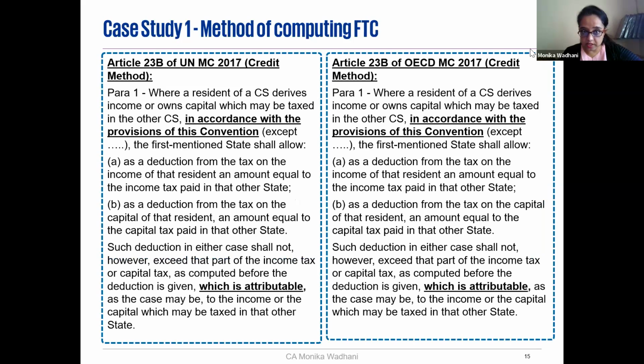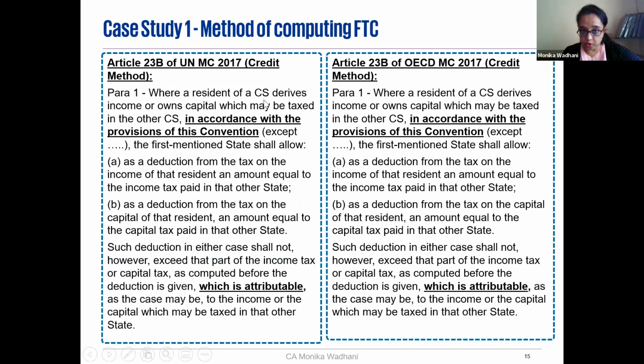So let us understand the model convention article. Also, let us go through the Singapore and Indonesia article in this particular facts, and then go to section 91 and then see what is the language of the respective provisions. So if we read Article 23B of UN Model Convention or OECD Model Convention 2017, the language used is that